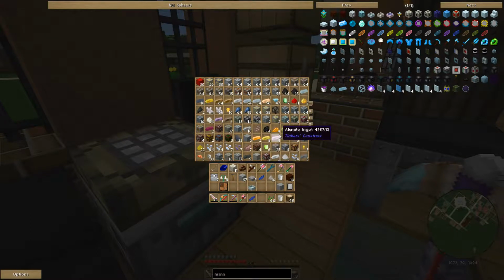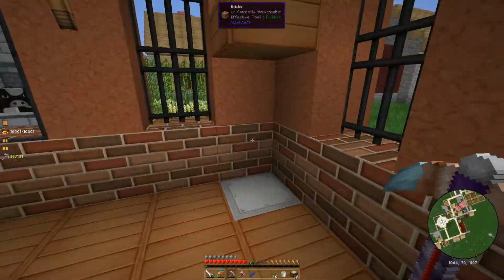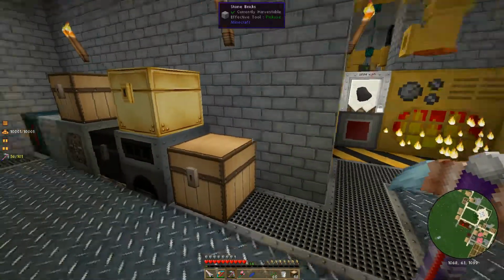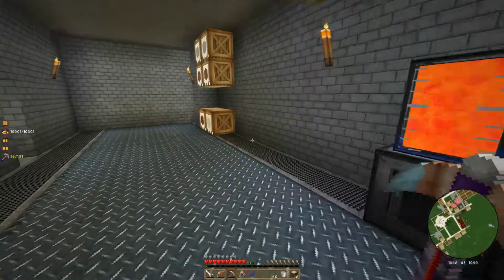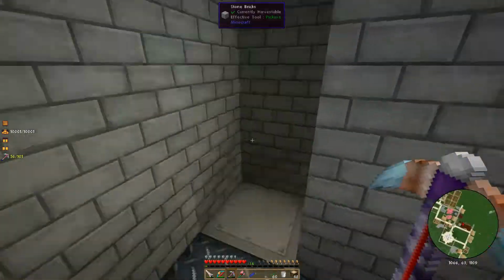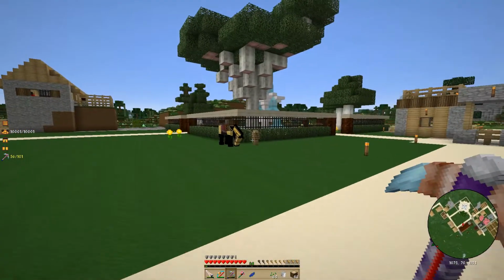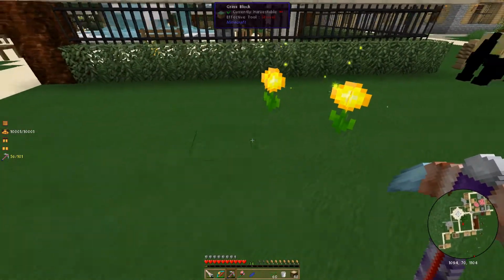Gold. As you can see, I have plenty of ores, and I've just kind of been saving it for the mechanism processing. Gold, gold, gold. And as you can see, this is really annoying, running around like this, so I definitely want to get that AE system. So here we are